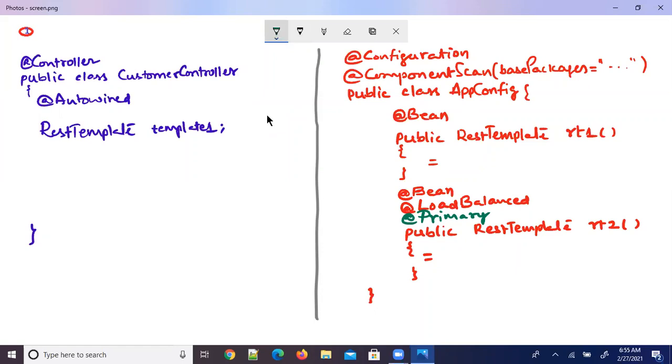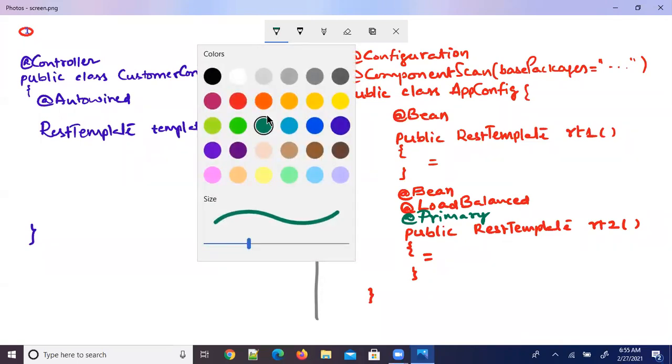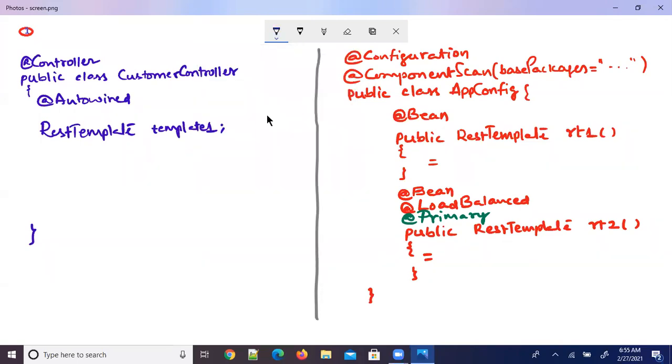So for example, I'm writing, look at this, @Autowired RestTemplate template2.